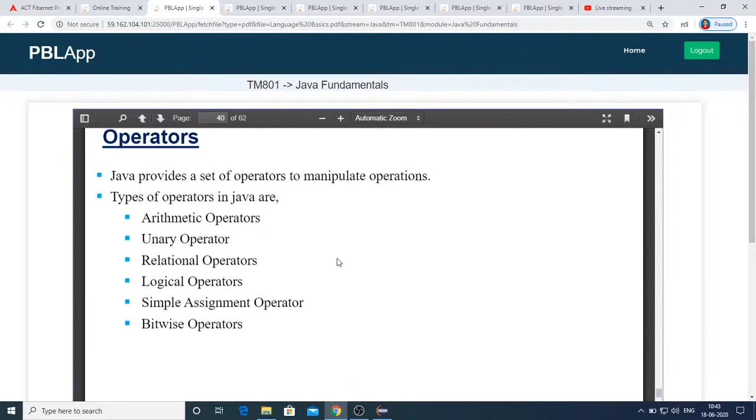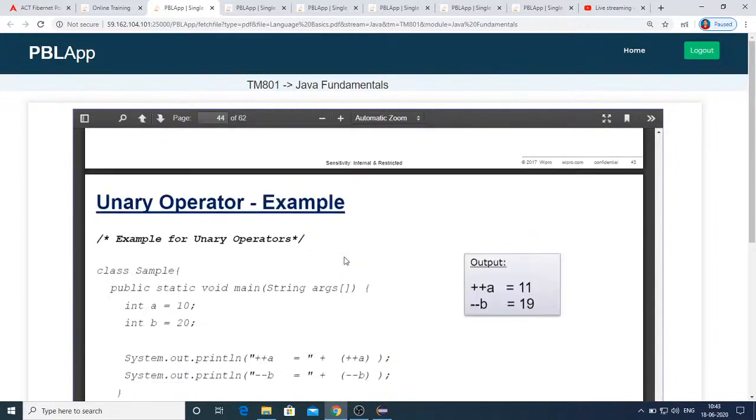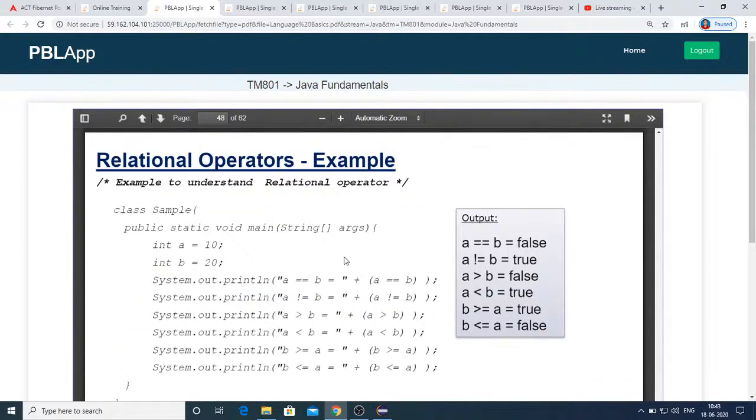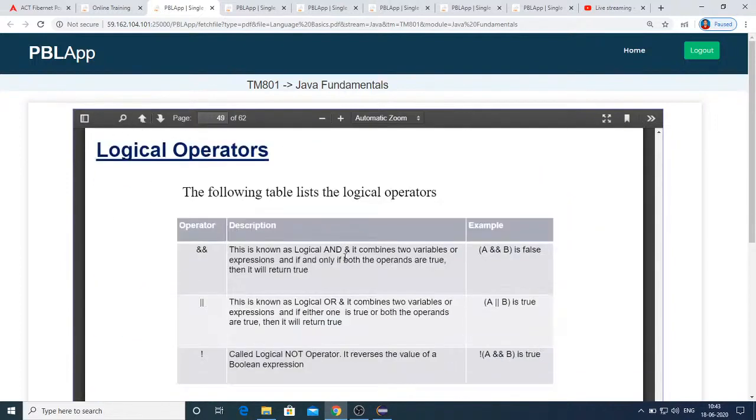And next, relational operators. Under relational operators, you have double equal to, which is used to check whether two values are equal, not equal to check for the non-equality of two values, greater than, less than, greater than or equal to, and less than or equal to. And next come the logical operators.